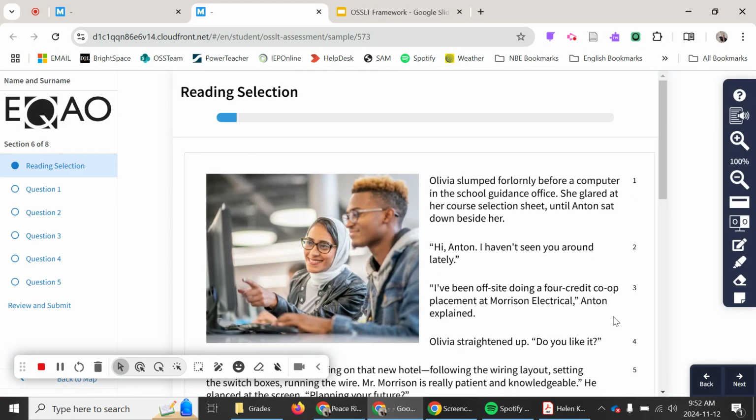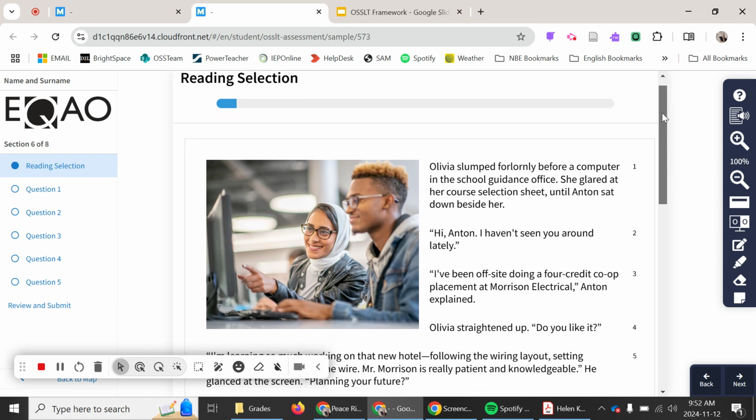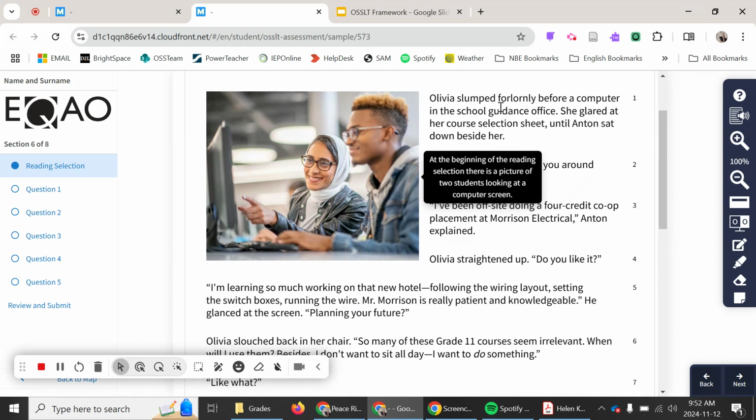Now, for the dialogue, you might know right off the bat that a dialogue is a conversation between two individuals. And that's exactly what we have here in this reading selection. We only have 5 questions to go through. We're not going to go through them all. I'm going to show you one specific question and how to manage it, because it shows up a couple of times on the test, and just so you have a good idea about how to tackle that one. But as we work through the dialogue, you'll notice that it's a back and forth between